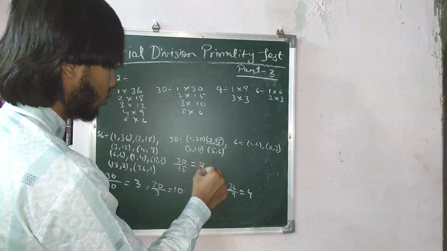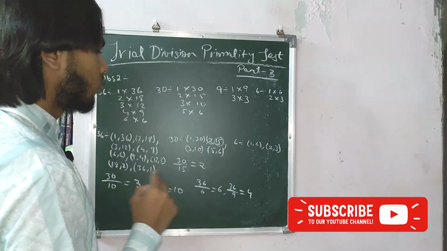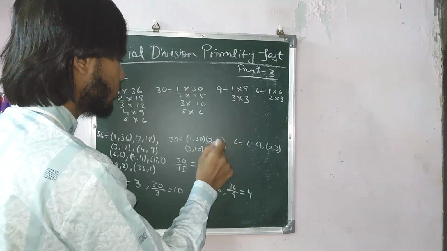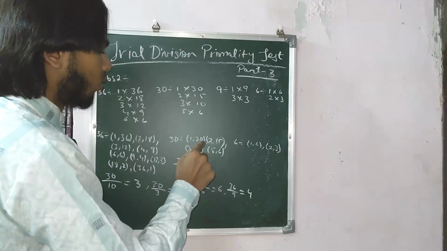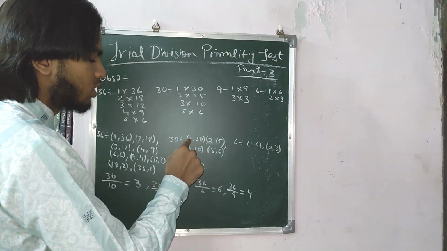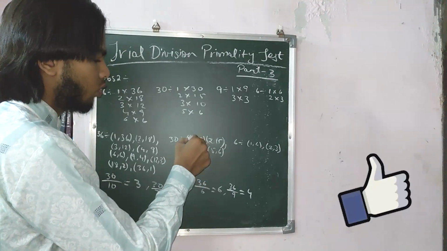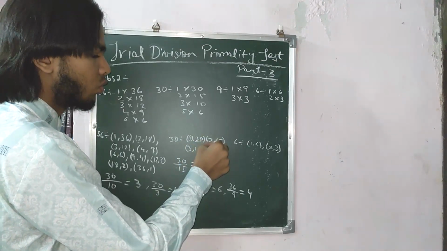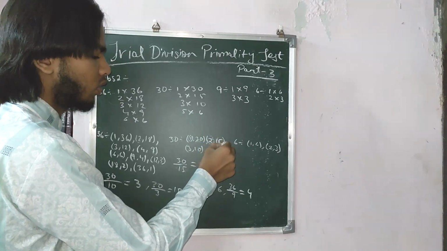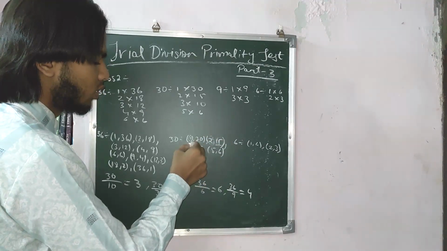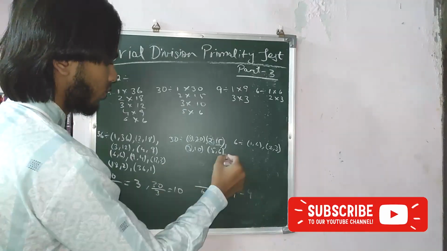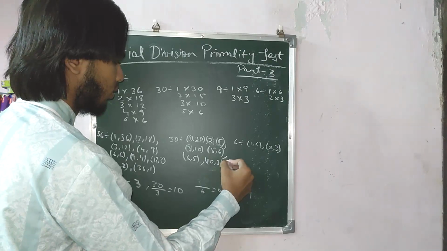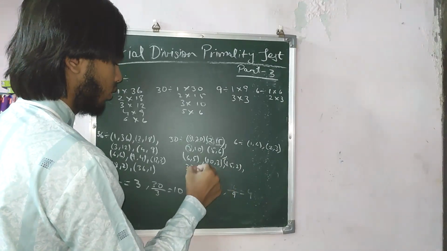So when we count 1, we automatically count 30; when we count 2, we automatically count 15; when we count 3, we count 10; and when we count 5,